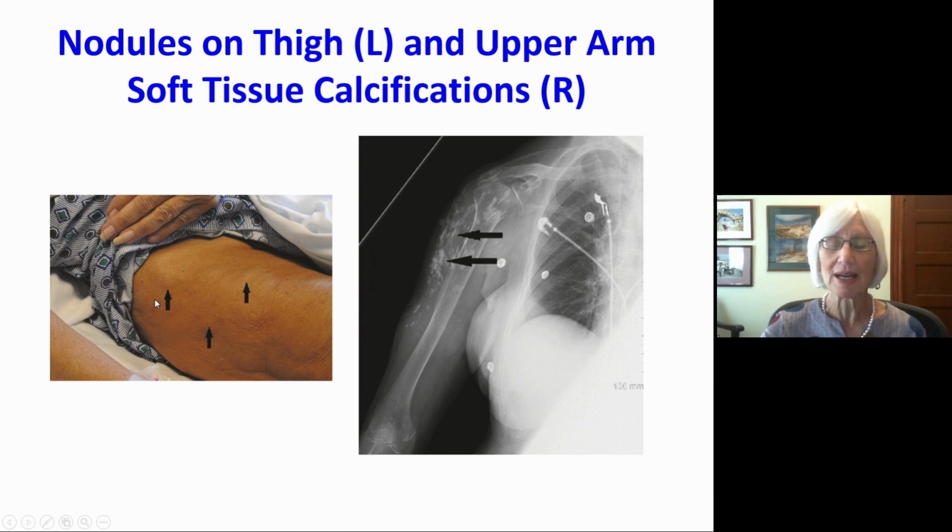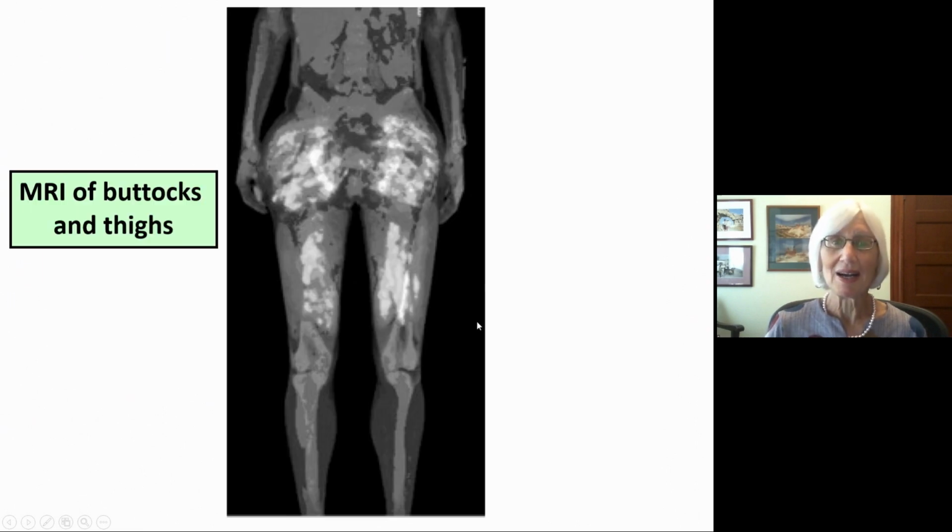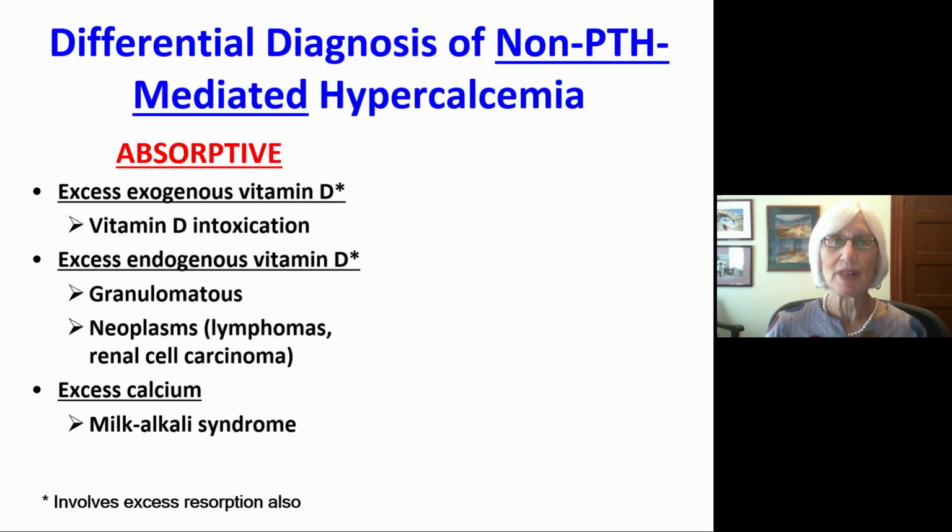She had multiple silicone implants. She was a bodybuilder, and this was an MRI of her buttocks and thighs. And this is part of what we look for in non-PTH mediated hypercalcemia, part of what I like to call the absorptive hypercalcemias, which can be from excess exogenous vitamin D, such as vitamin D intoxication. In this case, it's excess endogenous vitamin D from granulomatous disease. You can also see this in lymphomas and renal cell carcinoma,